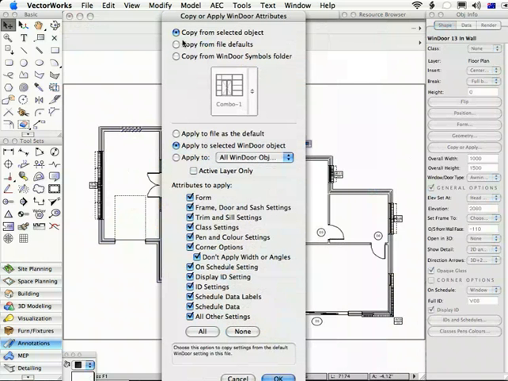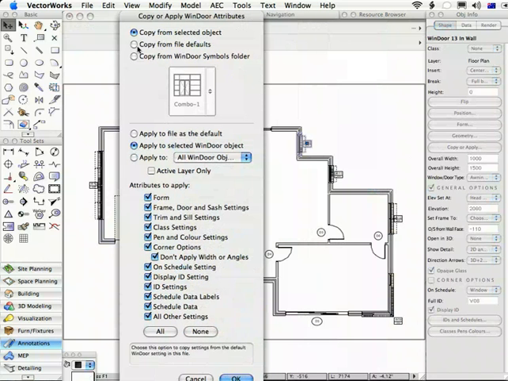that there are 3 copy choices and 3 apply choices. You can copy from the selected WinDoor object. You can copy from the default settings for the file, and the default settings are reached by clicking the WinDoor icon in the tool set here and clicking the Preferences button in the mode bar. Finally, you can copy from the WinDoor Symbols folder,